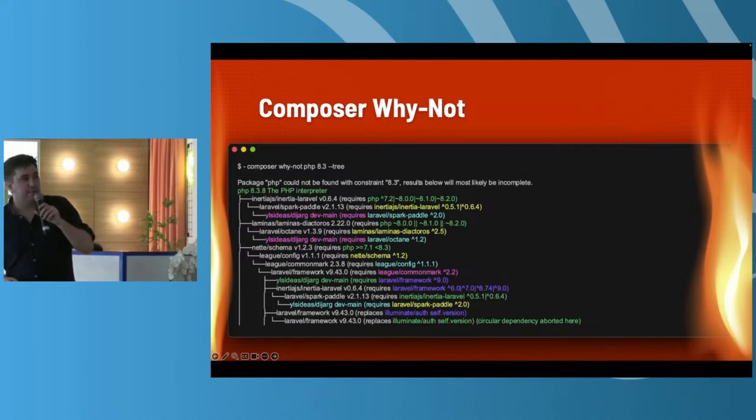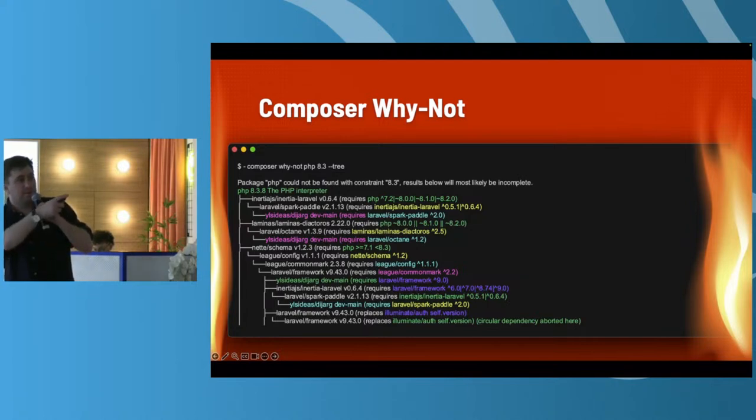The next step is this very useful command called composer why-not. The idea here is you can tell it which package and the version number you want to be on, and it's going to spit out a nice list and tell you these are all the packages that won't work. That allows you to make a list and say, okay, these are all the packages we have to find upgrades for, and work out which ones will potentially throw problems. As you can see here, I've tried to do PHP 8.3 and it's given us a load of them. It tells us, oh no, it only supports up to 8.2.